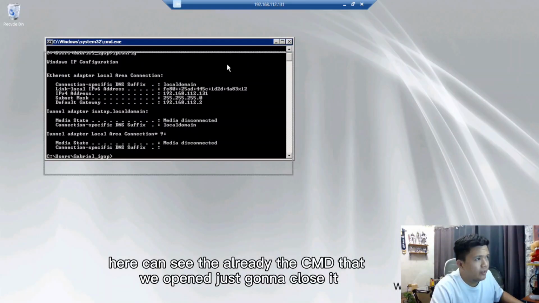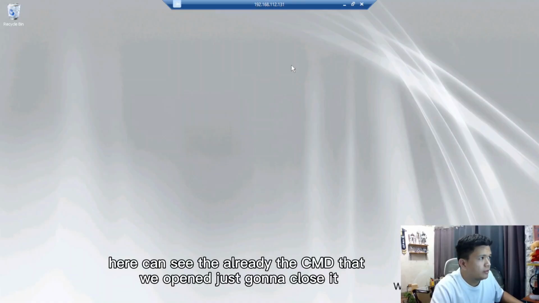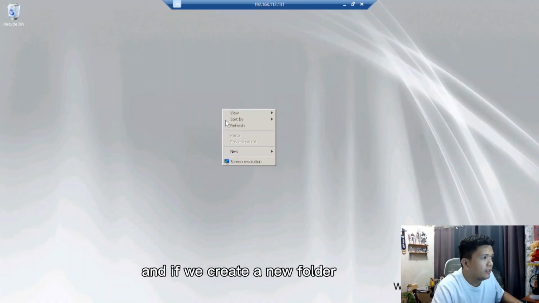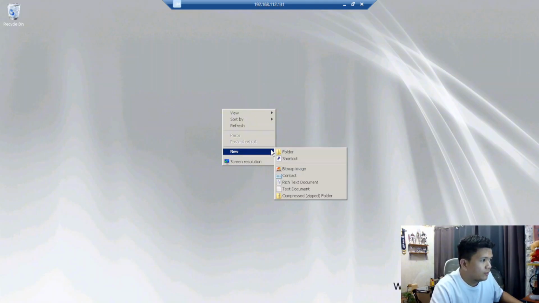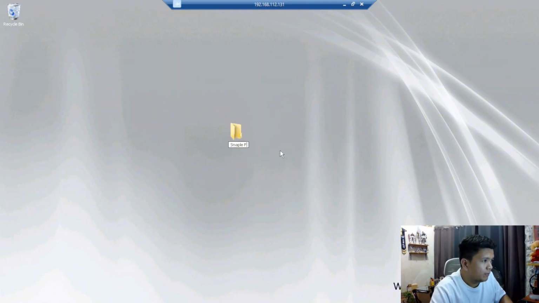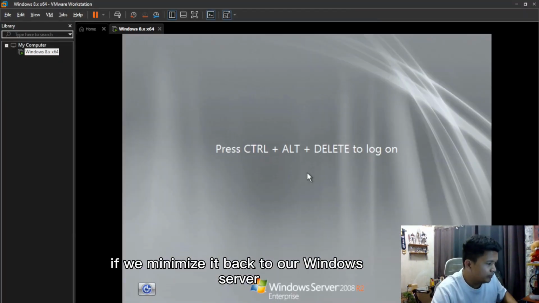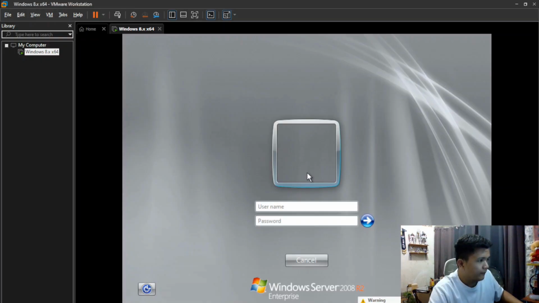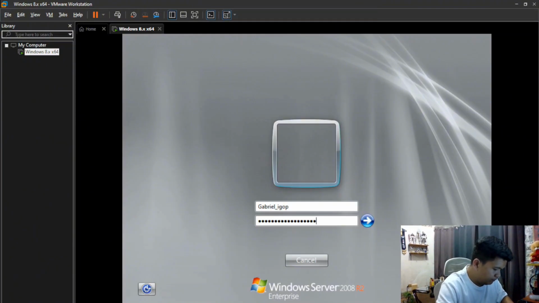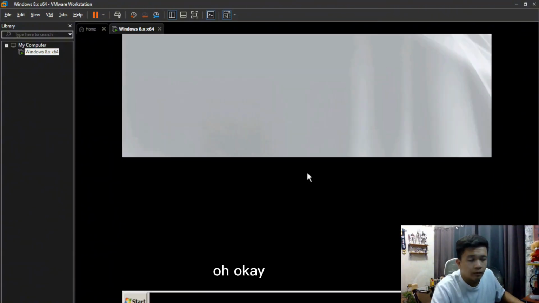Here you can see already the CMD that we opened. We're just going to close it, and if we create a new folder, sample folder, and minimize it, back to our Windows Server, okay.